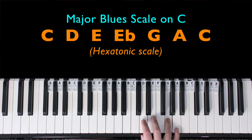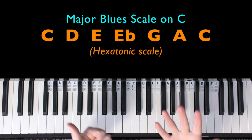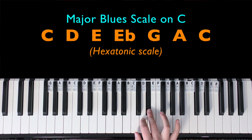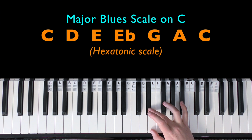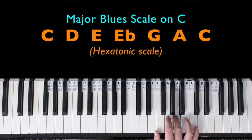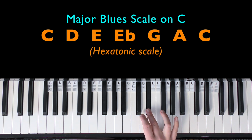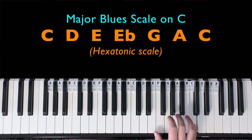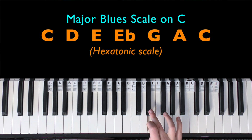So it's effectively a major pentatonic with an added flattened third in there. So it's a hexatonic scale, so it has 6 different notes in there. So we have C, D, E flat, or D sharp, an E, and then a G, A, and then C. Practice this pattern ideally with these fingers, so over with the 3 on the E flat,